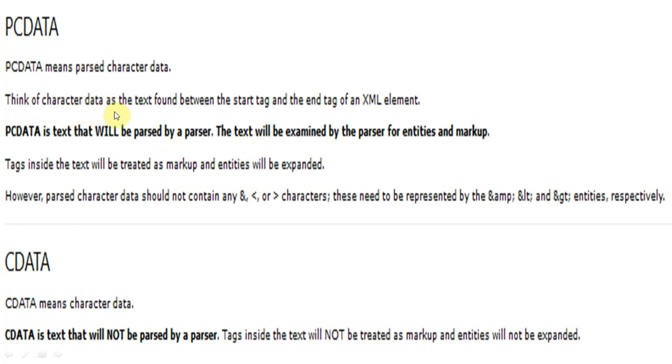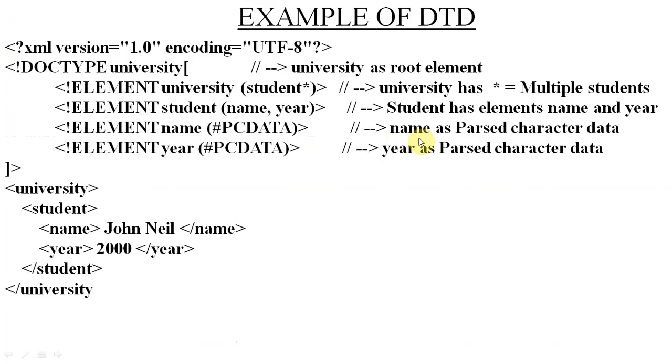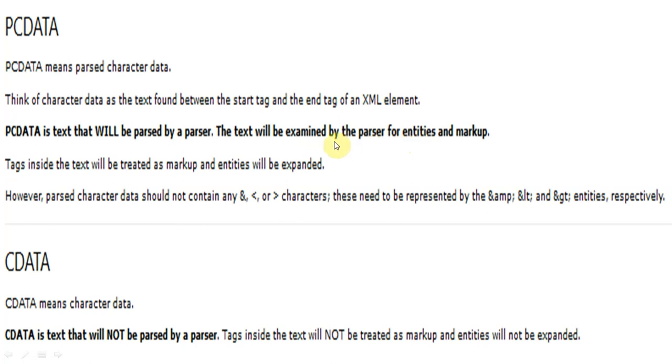Think of character data as the text found between the start tag and end tag of an XML element. Between the start and end tag, the character data is called PCDATA. PCDATA is text that will be parsed by the parser, and the text will be examined by the parser for entities and markup.